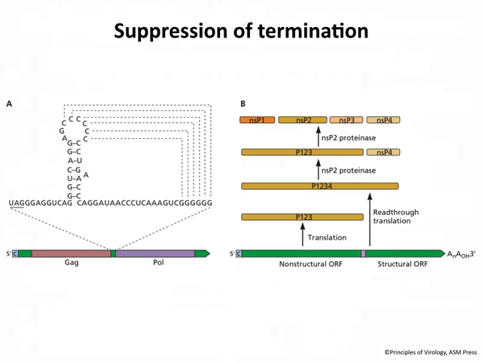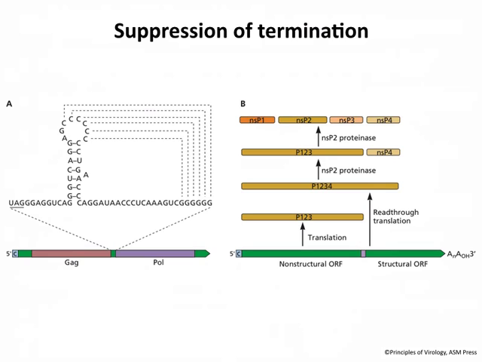The problem is that the open reading frames between GAG and Pol are separated by a stop codon. So here the GAG open reading frame. This is a capped message, by the way. So ribosomes come down, they translate GAG, and then they encounter this UAG, which is a stop codon, and they terminate and fall off. But the virus needs polymerase. It absolutely needs it. This is reverse transcriptase. So what happens is at a certain frequency of the time, maybe 5% or so, this suppression of this UAG codon occurs. And that suppression absolutely depends on the presence of a pseudoknot just downstream.